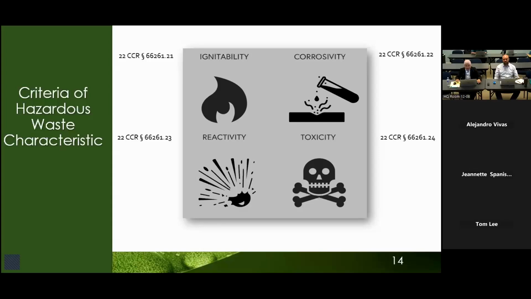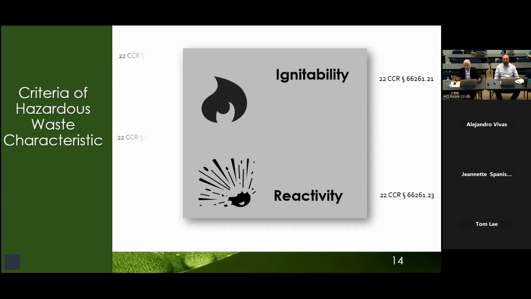But for the purpose of this workshop, we will only focus on those characteristics among these 4 where DTSC is recommending modifications and updates. For instance, the characteristic of ignitability and reactivity. Historically, both federal and California standards for these characteristics were closely aligned in the beginning. This is important to know how both characteristics have evolved over time at federal level, causing some differences between federal and state regulations while criteria remaining the same.